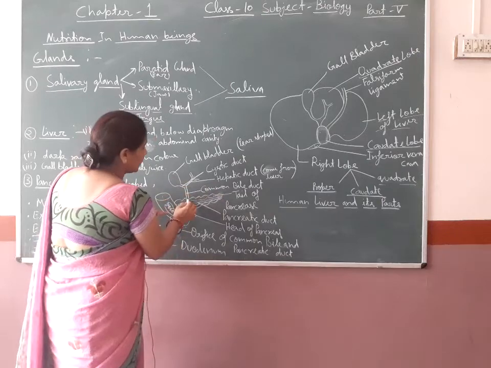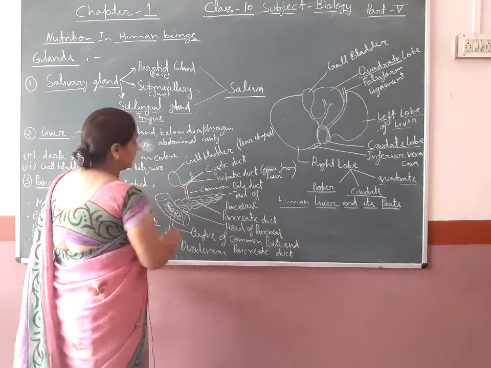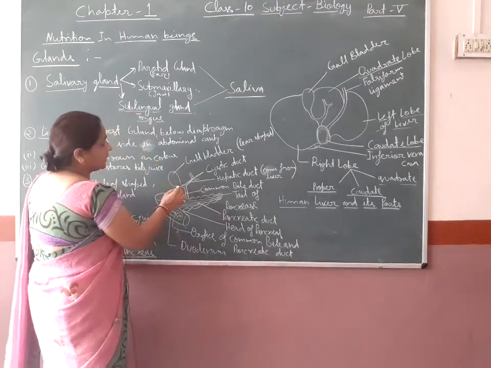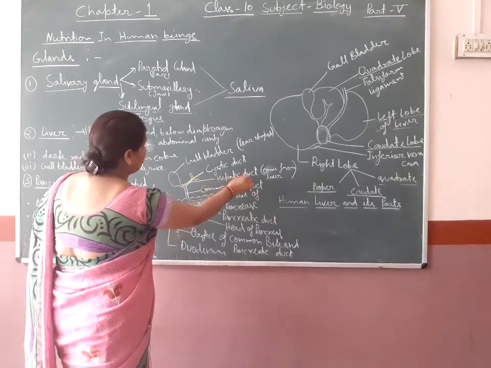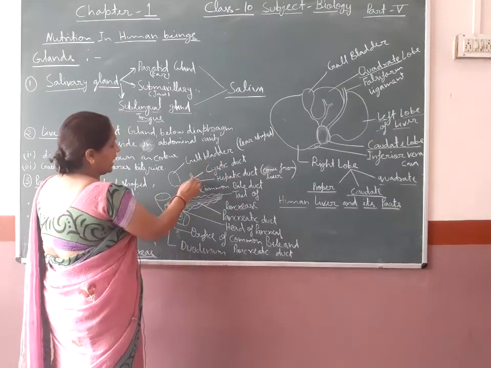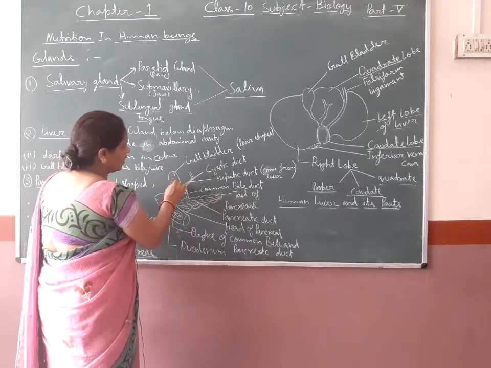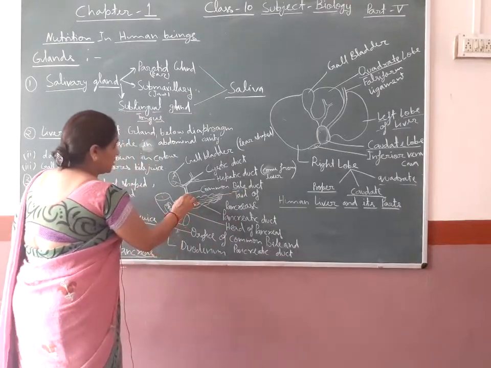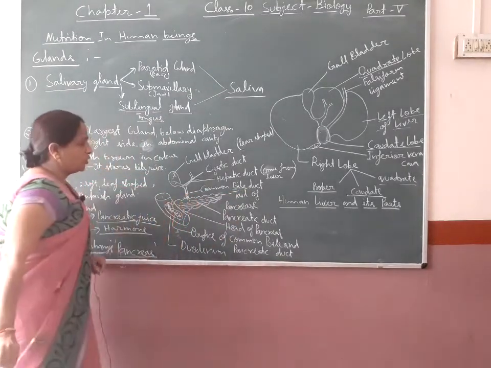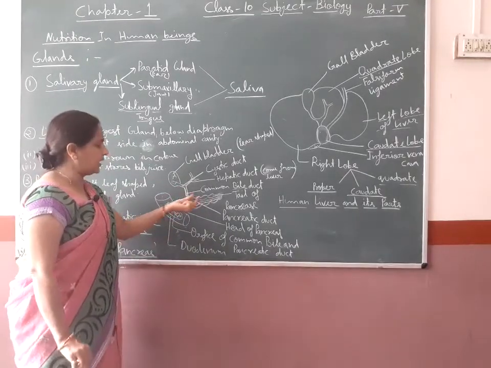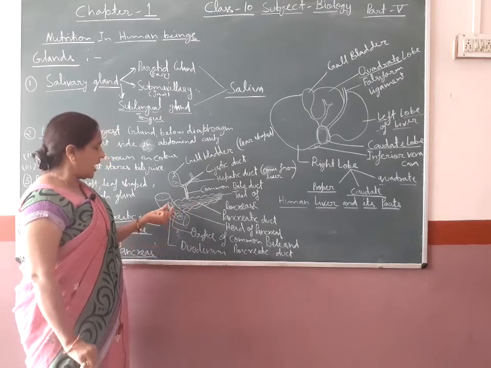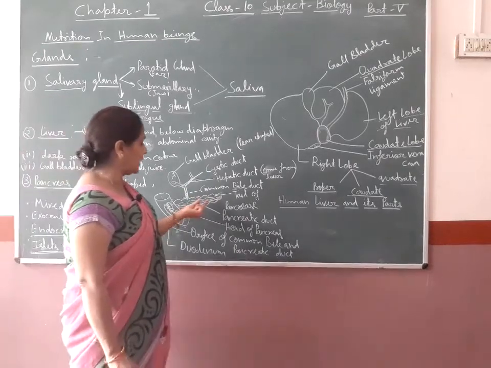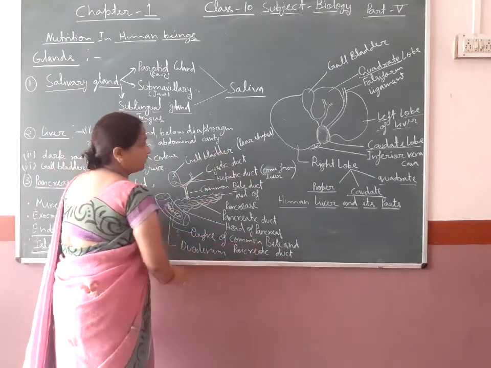After this, the duct is attached to the pancreas here. It is the gallbladder. When bile comes from the liver, it comes through the hepatic duct, and then the hepatic duct goes to the gallbladder. Then the bile comes to the common bile duct, and then it goes to the duodenum. So, in the duodenum bile and pancreatic juice are secreted, and these juices and enzymes are involved in the process of digestion. So, this is the structure of the pancreas.